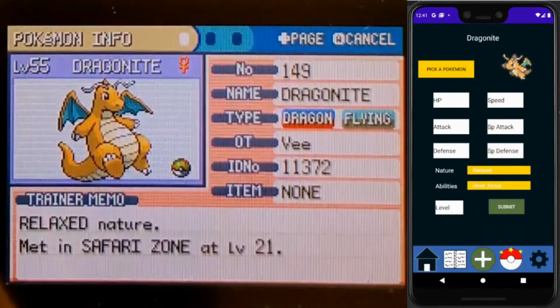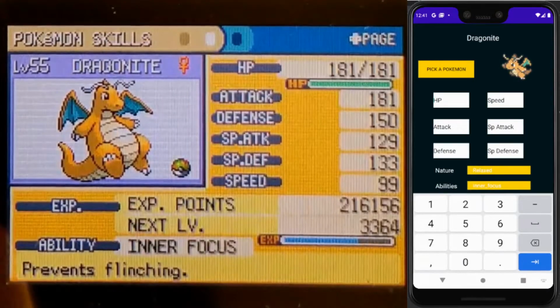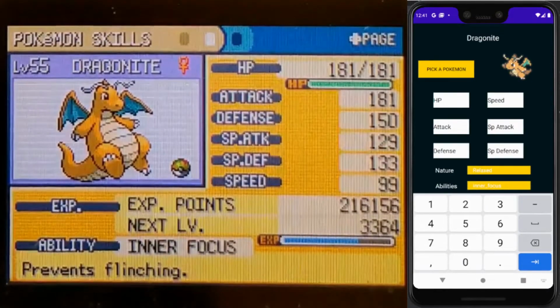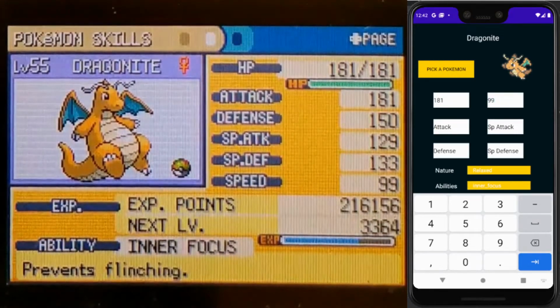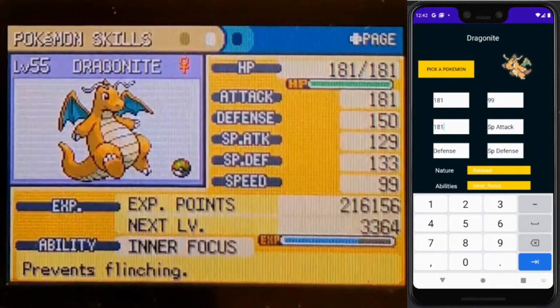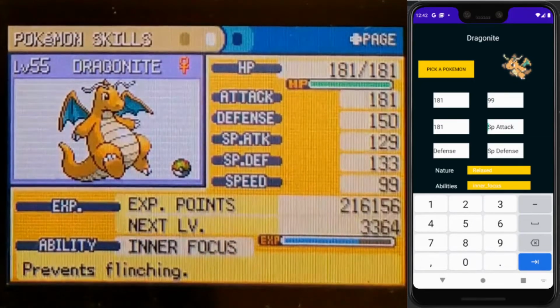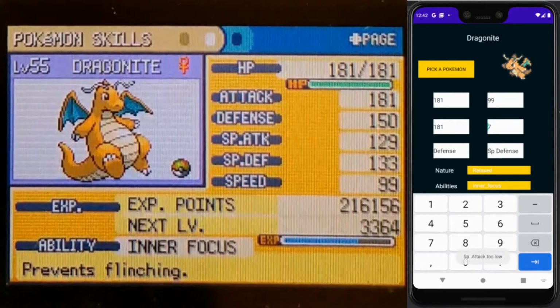So we got V entering his Dragonite that he already had. What V is going to do on this page essentially is, as you see here on the actual game, there's attack, defense, special attack, special defense, and speed. Now all these statistics play a part in tracking the actual IV of the Pokemon. So while V's filling in this information, he has to specifically make sure it matches up to exactly what's inside the game. Because if V puts in a stat that's too high or too low versus the Pokemon's level, the calculations won't be correct, and he won't be properly able to store the Pokemon and also track the Pokemon's